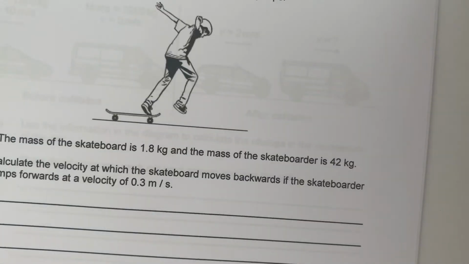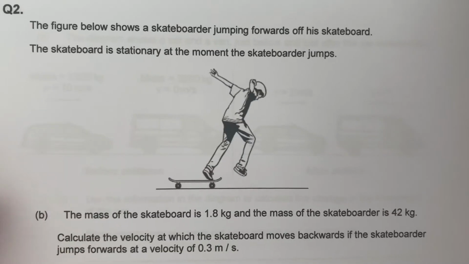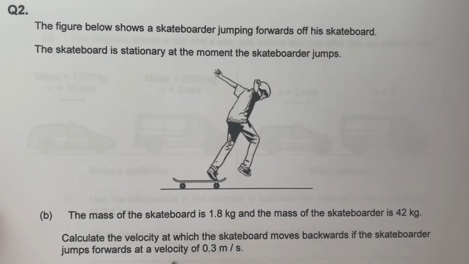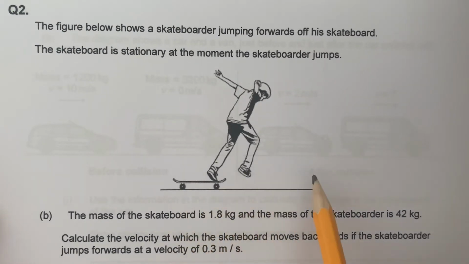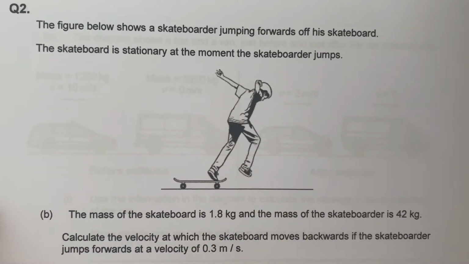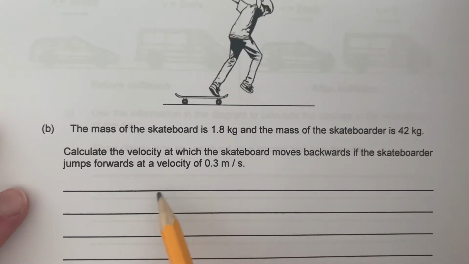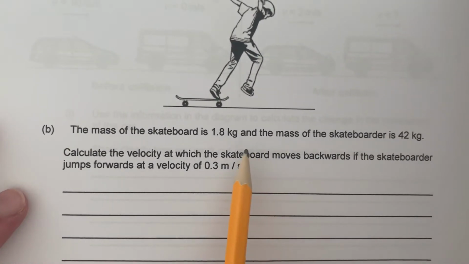Second one then, again another common question is a skateboarder. So here we've got a skateboarder, and the skateboarder is jumping forwards off of his skateboard. At this moment they are stationary, and then what happens is the skateboard here is going to move backwards, the skateboarder is jumping forwards, and you're given some information about masses and velocities,